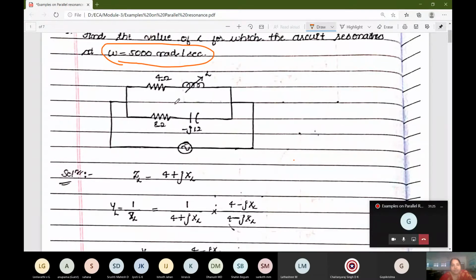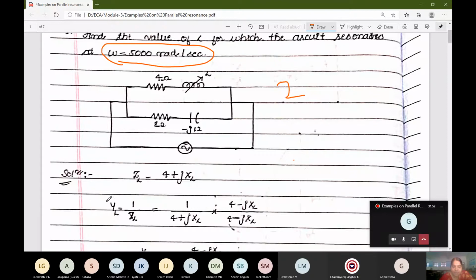See here, how is the network here? The network has an inductor with resistance and a capacitor with resistance. So this is case 2. It is the case 2 in the derivation which we had seen. So first what we have to do, we have to write the impedances of both the branches. We have to write impedance of inductance, then impedance of capacitance, then we have to rationalize it. First they are written here.